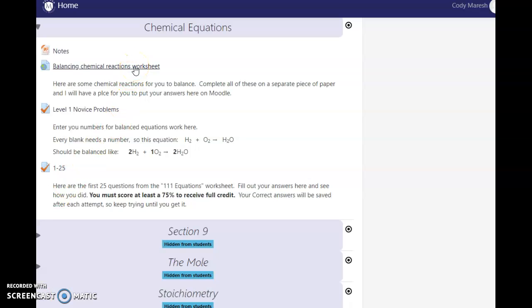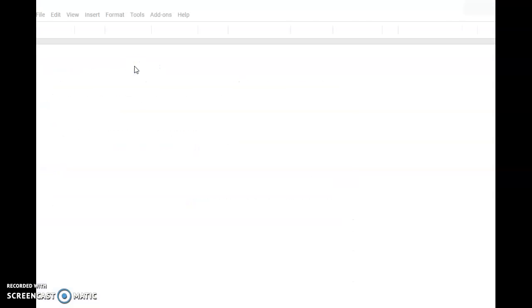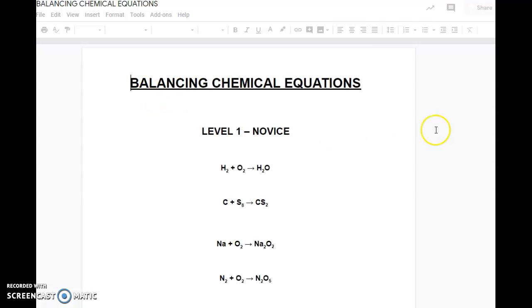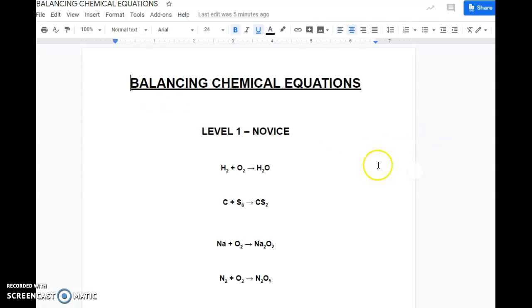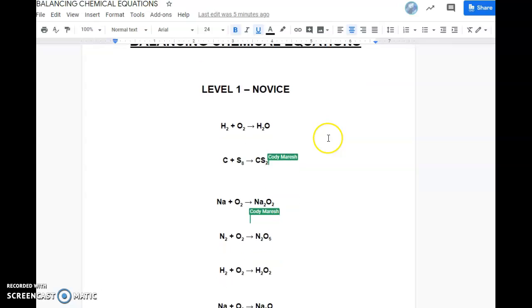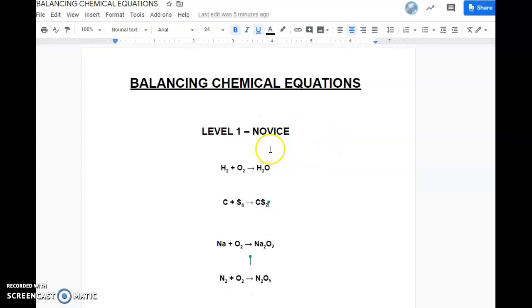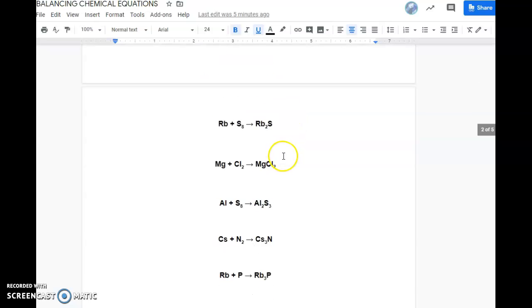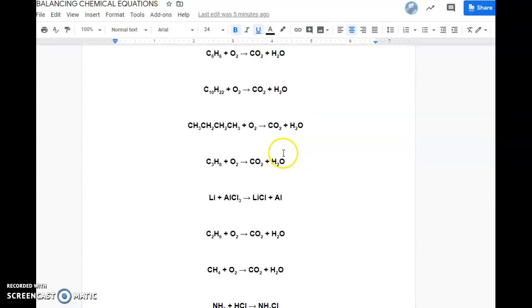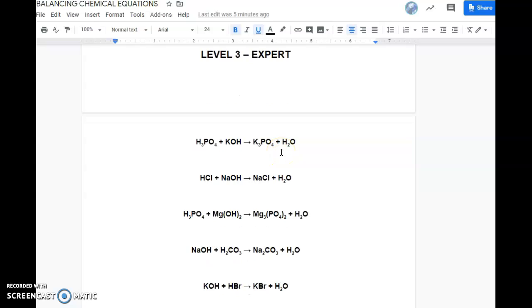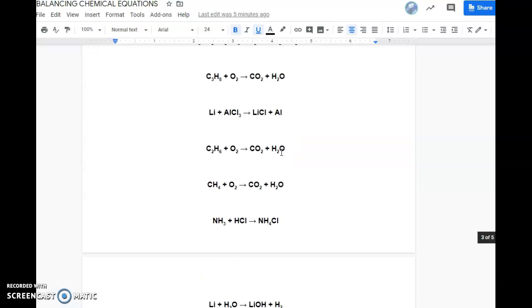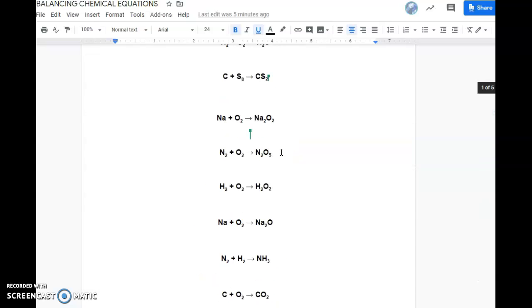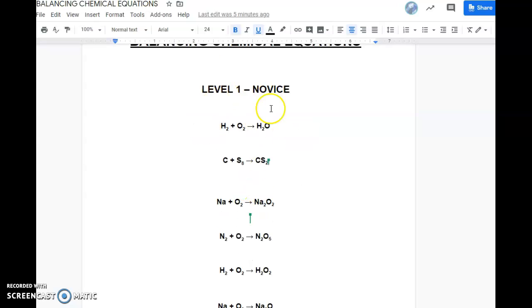This is the worksheet that is referenced in the first video I did. It's also the reference in the Google Classroom assignment I have up right now. So when you click on it in Moodle, it brings you here. There are a lot of beginner or novice questions. Then we go on to intermediate. And finally we get to expert. We're going to progress through all of these levels, but right now we're just going to concentrate on these novice